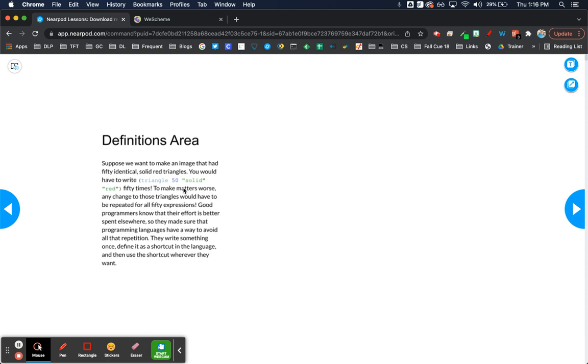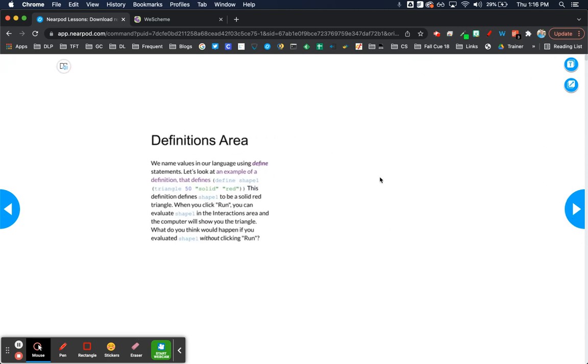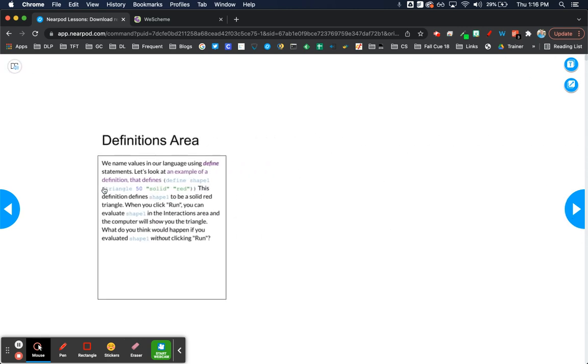So good programmers know, hey, my efforts are better spent elsewhere. And so we want to find ways that we can avoid repetition. So if I can just write it once and then use it kind of like a shortcut, I could use it wherever I want. So we're going to go in and we're going to take